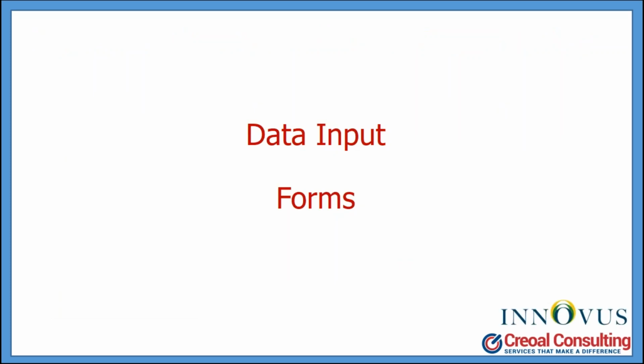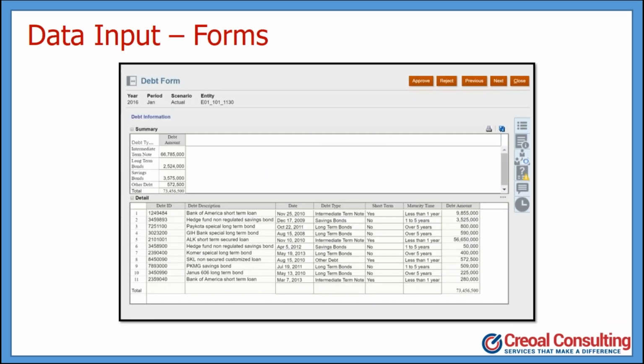Now, moving on to data forms or data input forms within FCCS, this gives you some insight into its capabilities for capturing information that is relevant for the close and the consolidation. A lot of information that you require in order to consolidate data is not available in your source system, be it your general ledger or some other third-party system, or information that you would require to close the books is just not readily available.